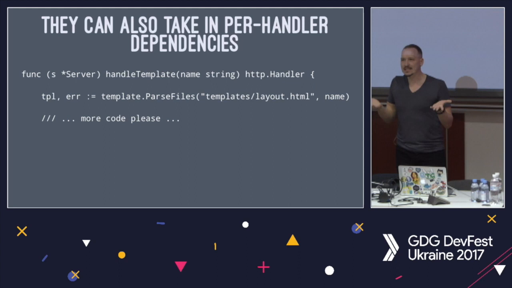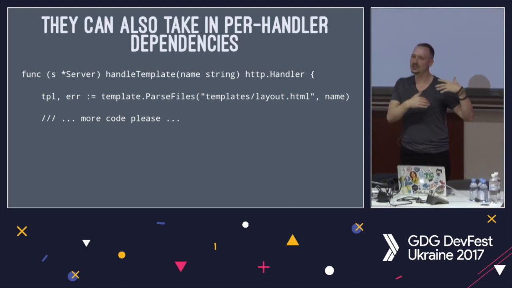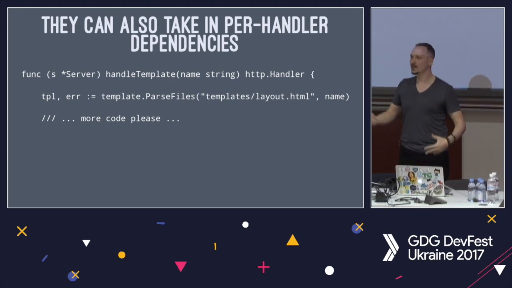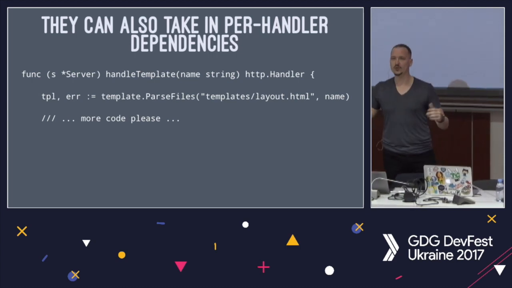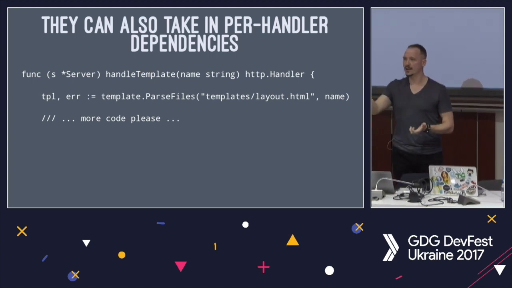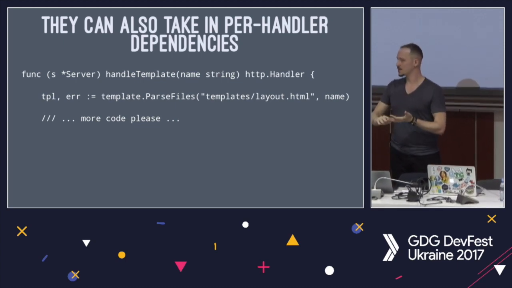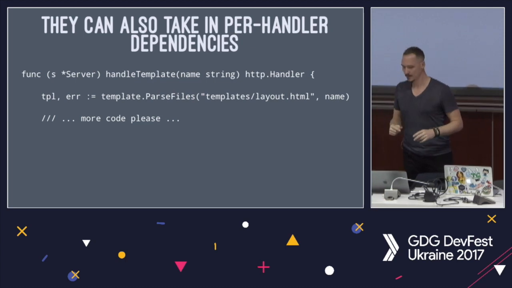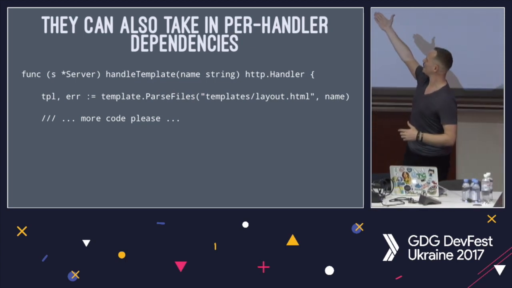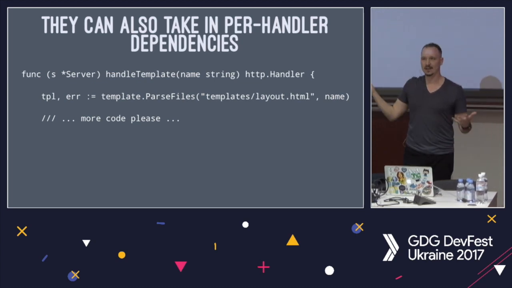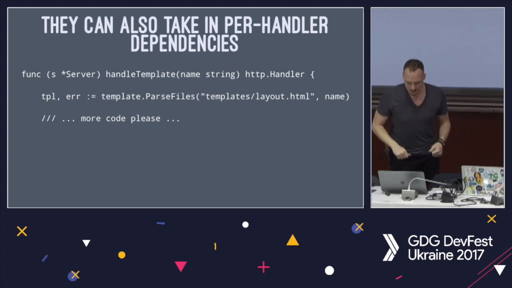And really, this is about storytelling, because you could just stick all the dependencies on the server. But if you do that, it's just not clear where they're going to be used necessarily, whereas this makes it very obvious and very clear, and of course, strongly typed. And I think everyone knows by now we don't use context to pass dependencies around. So that's important too. So we get type checks and things. For example, we can't call handle template without giving a name. It's just a compile time error. So, it's very obvious what this is going to then do.